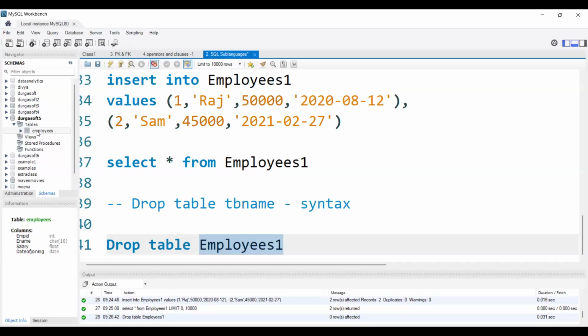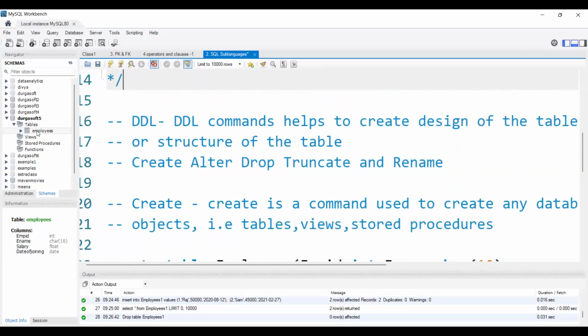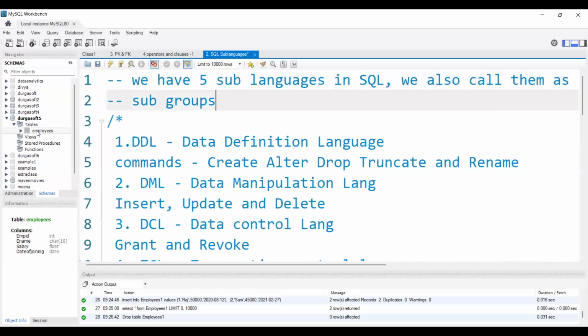We won't use the term delete here, because inside the DML commands, we have another command called delete. We have drop command, we have delete command. So this delete is used to do something else. At that time I will explain. But whenever we use drop, it basically removes the complete table. That means it will delete the table, it will delete the data inside that as well. Completely it will remove the complete table. Okay.